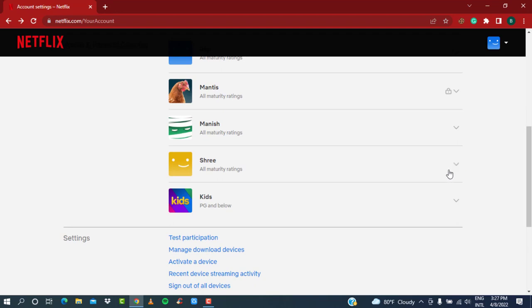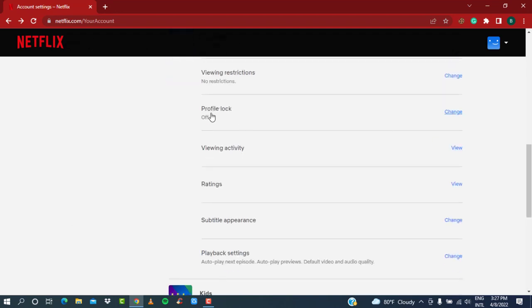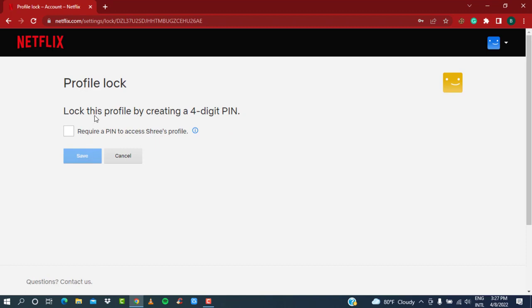Simply click on the pencil icon on the right-hand side of the profile you want to lock, and scroll down until you see the profile lock option. As you can see, the profile lock is currently off. Click on change, and here you need to enter your current password. After you enter your current password, click on continue, and here you can see the option: lock this profile by creating a 4-digit PIN and require a PIN to access this profile. Simply check this option and then enter the PIN which you would like to use,